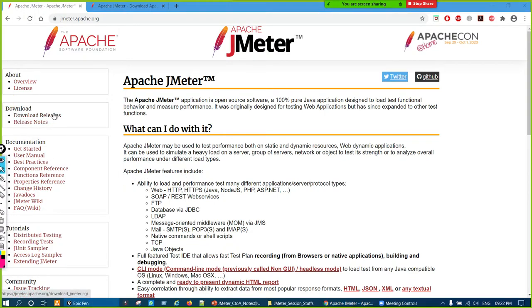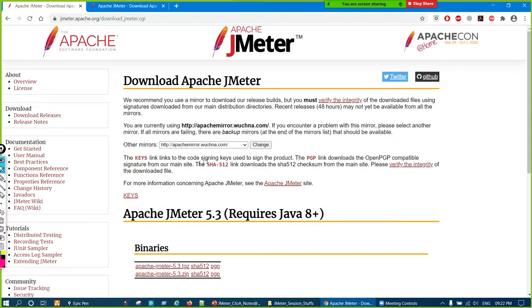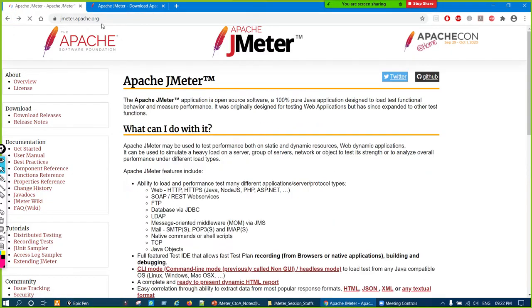Download, release. This is the home page. Actually that URL is there. I can open that URL, but I just want to show you people. Here, changes history is there. On the left hand side of the home page, we will also get it. So this is the home page, right?